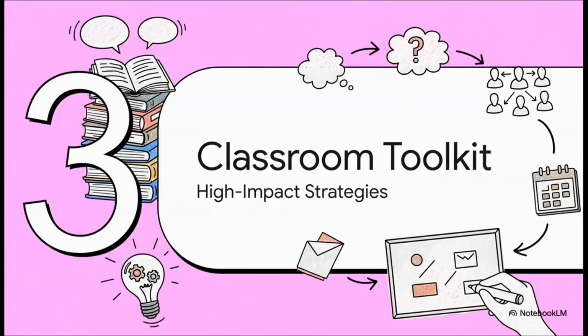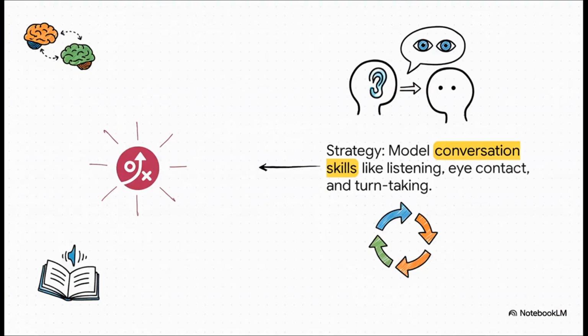All right, enough theory. Let's get practical. This next section is all about your classroom toolkit, a bunch of high-impact, low-prep strategies you can literally start using tomorrow. Now, this might sound incredibly basic, but trust me, it is non-negotiable. We just can't assume that kids know how to talk to each other productively. We have to explicitly teach it. That means modeling what active listening and respectful turn-taking actually look and sound like. This is the foundation for everything else.